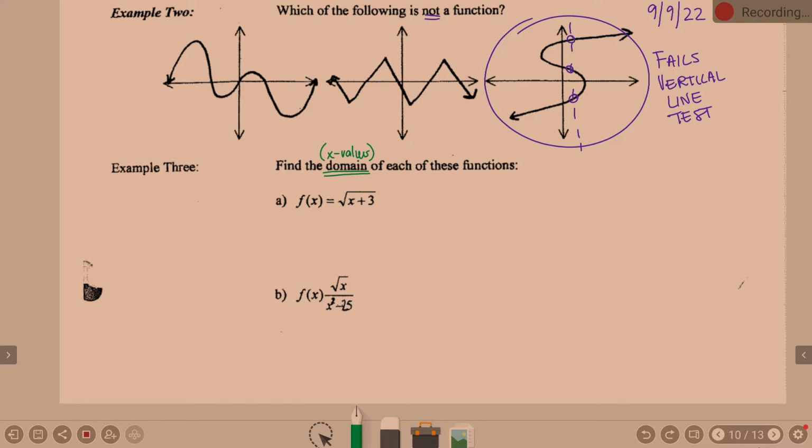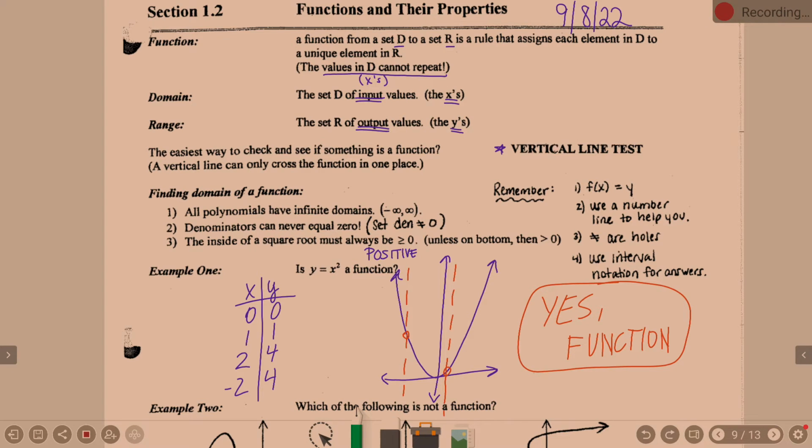Now, I don't want to totally rely on the graph. We are going to look at the graph here in a moment. But before we get to the graph, yesterday, right here, there's a section, finding the domain of a function. Okay, all polynomials have infinite domains. This one has a square root, so technically it's not a polynomial. Two important things to consider when you're looking for domain: denominators can never equal 0,